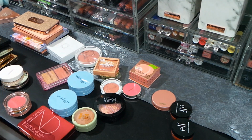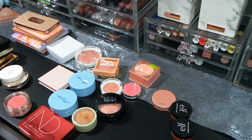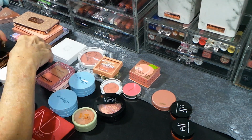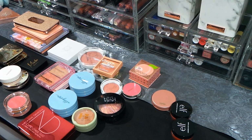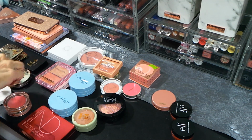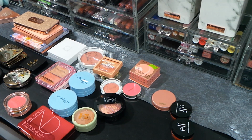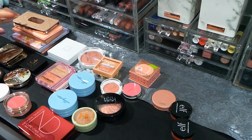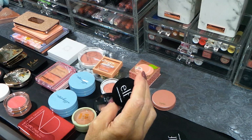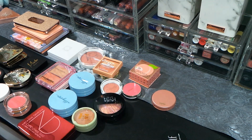These are all powders. Are you powder? This is a powder, right? Or is this a cream? Let me see. Powder, powder, powder. I know these are powders. Yes, you're a powder. I'm just making sure these are all powders. I'll do all the creams first. Yes, Persona, I think, is a powder. These are not. So these are from e.l.f. Luminous Putty Blush. And this is...